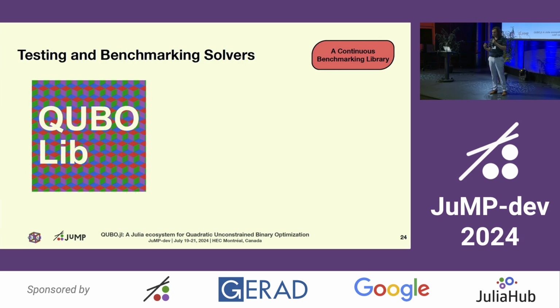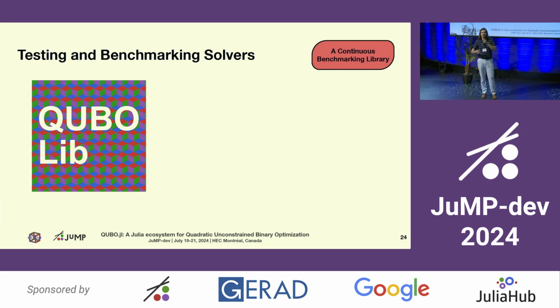And what we want with QUBOWL is basically to deploy a service that is available online, where all the solvers are integrated to JuMP, and this benchmark is run continuously. So you can see how different versions evolve, and you also set a common ground. So our dream is one day people will arrive at one of those conferences, and there will be a running monitor there showing the latest results, and people will be able to say, oh, no, I have some better algorithm now, and this changes in real time, and that's a way to set these